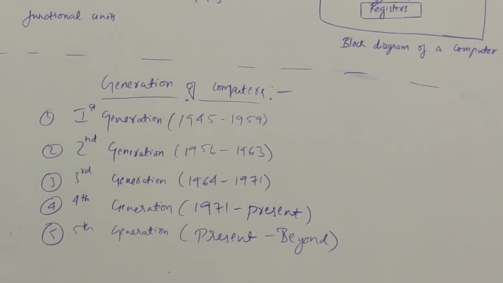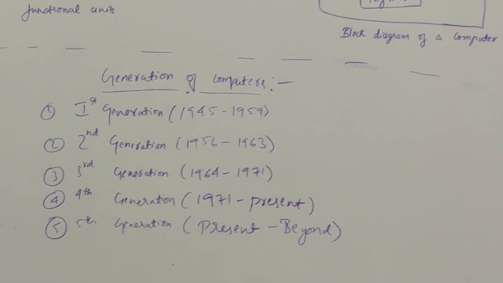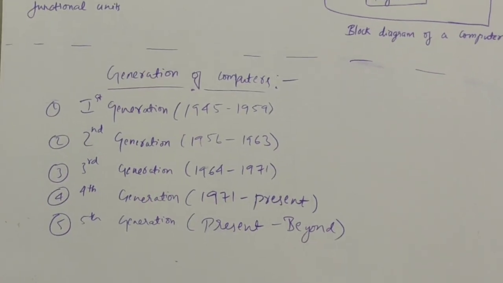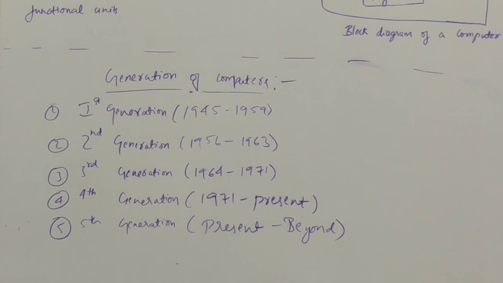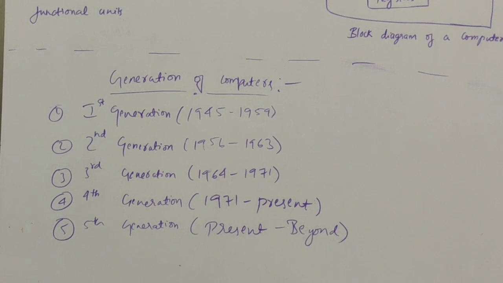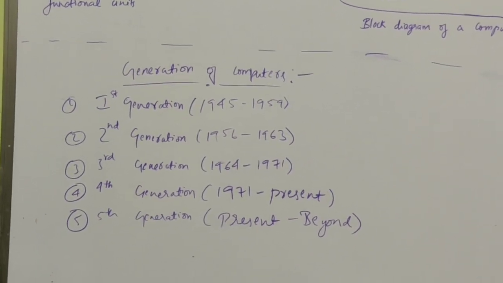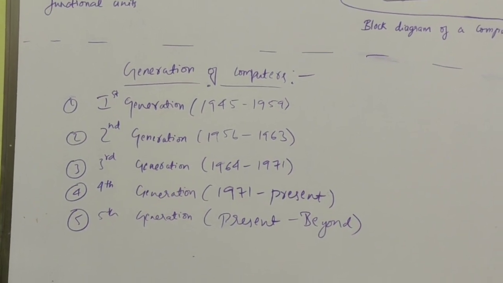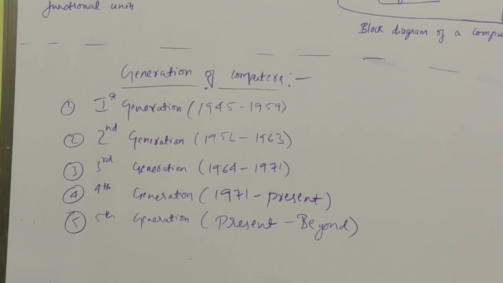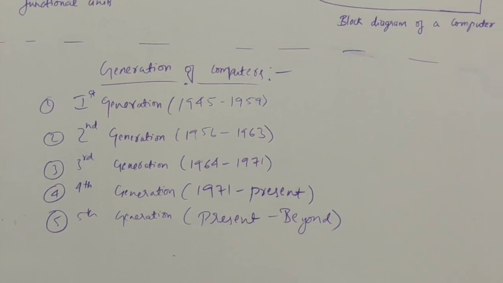Supercomputers were developed with super large scale integration, that is SLSI, that is millions of transistors per chip. They have features like development in storage technology, advancement in networking technology, and systems that are more reliable, faster and cheaper. Development of supercomputers and artificial intelligence are started. Development of robots, and the important computers of this generation are PARAM 10,000, Cray machines, etc.